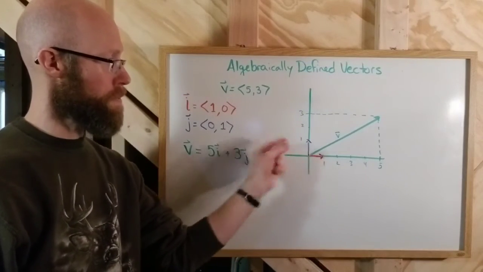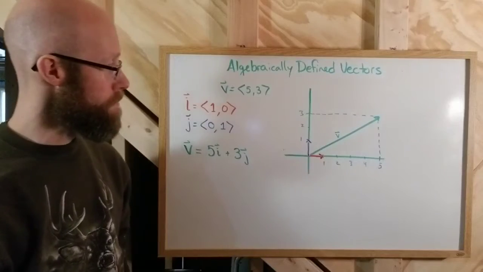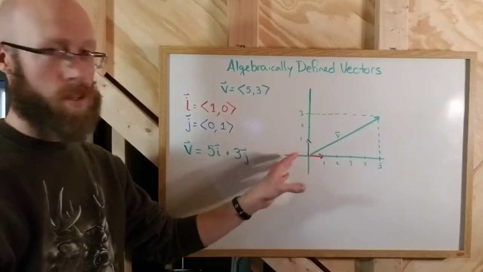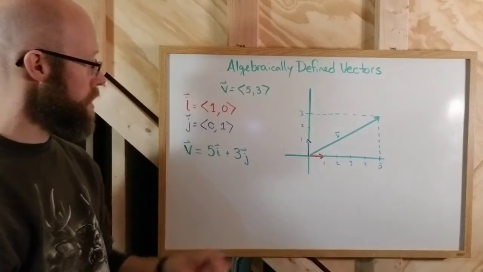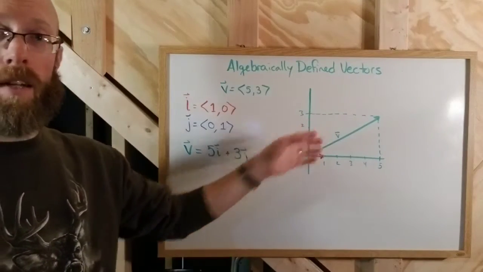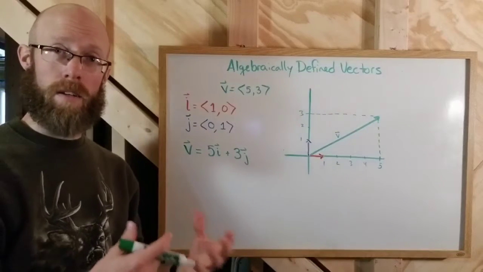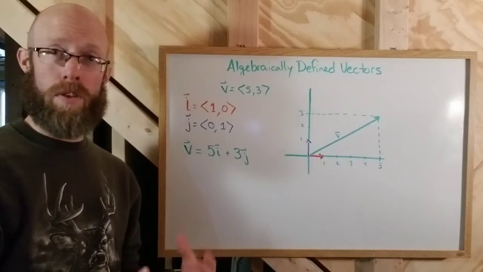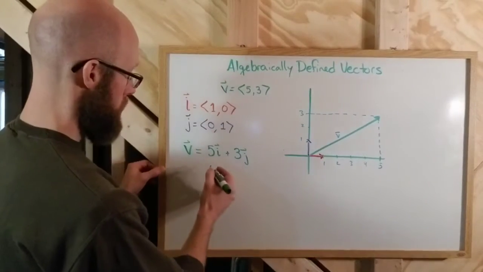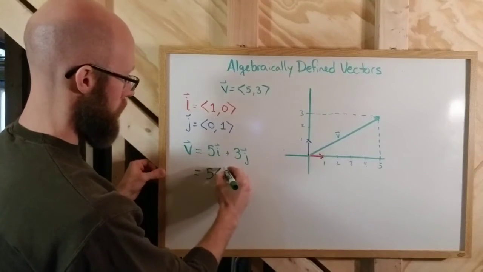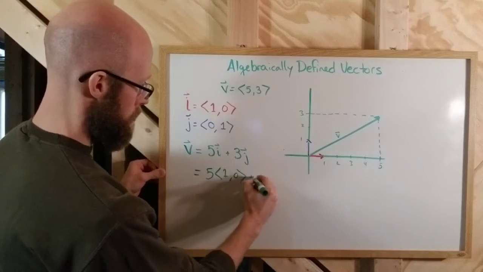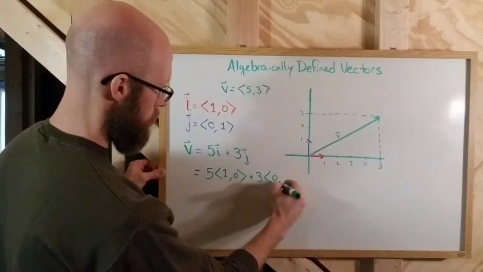Some people will call them the basis of the coordinate system here, but basically they are unit vectors, and you add them together to get any vector. You can add multiples of them to get any vector. In this case, 5 times vector i, <1, 0>, plus 3 times vector j, <0, 1>,